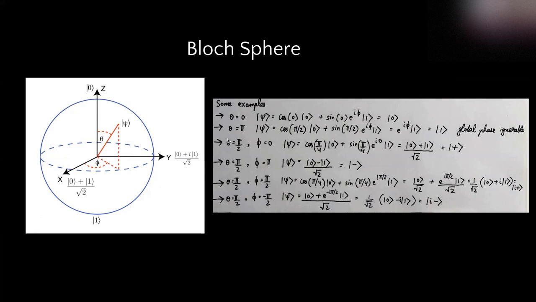So let's just go through all of these examples. If we take theta to be pi by 2, then it means it's in this direction. And we take phi to be 0. So it means that it's moved over here. It's pointing in this direction of x. So putting the values of theta and phi, we get this, ket 0 plus ket 1 divided by root 2, which is basically a superposition state of the two,